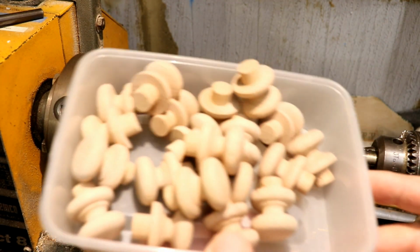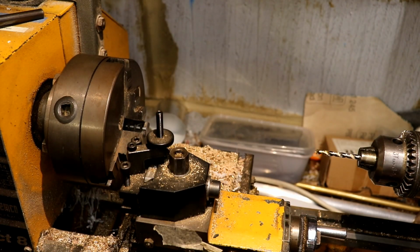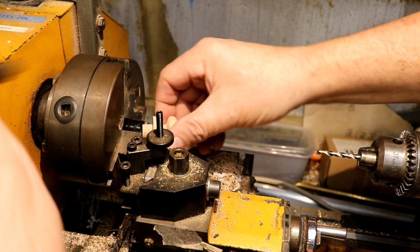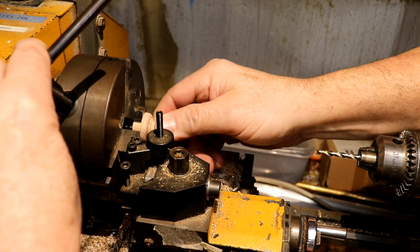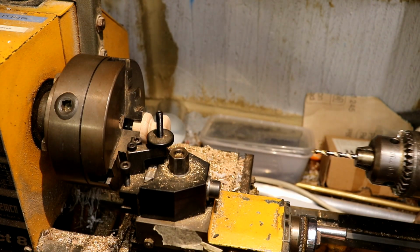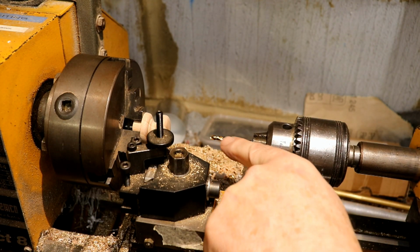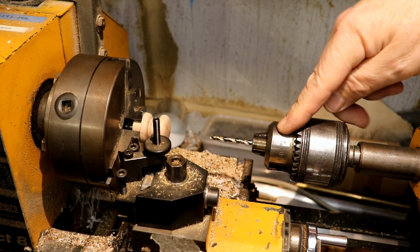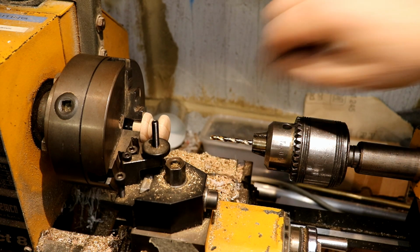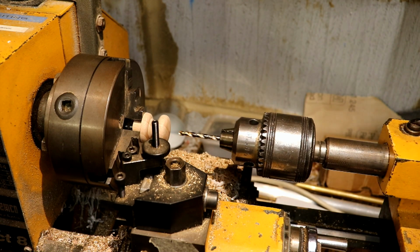This is what I mean about batch production. I've got the 20 knobs. I need to drill each one out, each one in turn. Now I was centre drilling them before, but I've got a lovely sharp 4.1mm drill bit. So I'll put that right back into the chuck so it can't wibble wobble around, and then